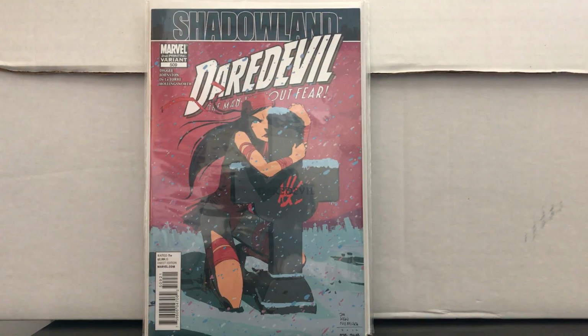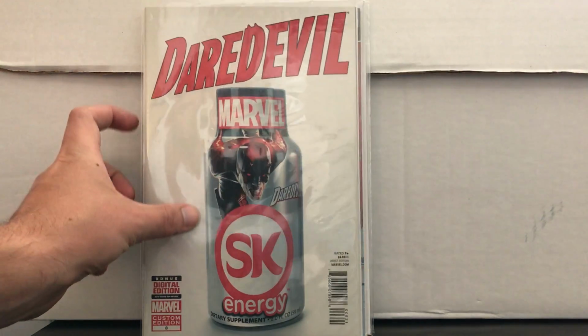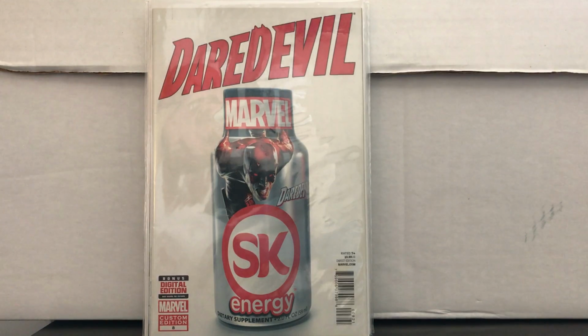That's, again, probably $8-10. Remember this book, how hot this one was when it came out? Daredevil #8, the SK Energy drink variant. This was a one per store variant, unannounced. And when it first came out, it was at least selling for at